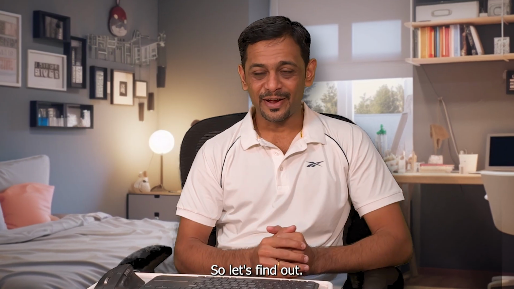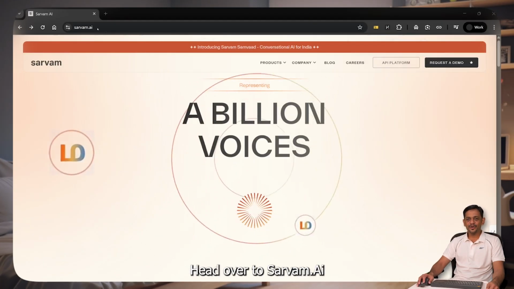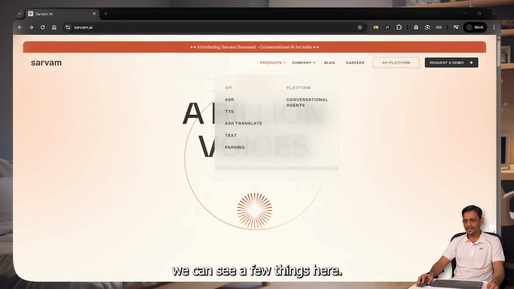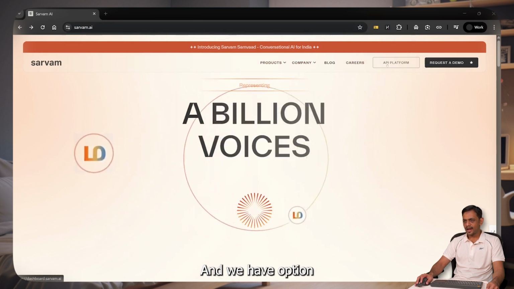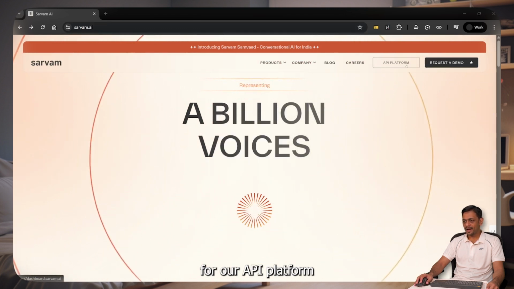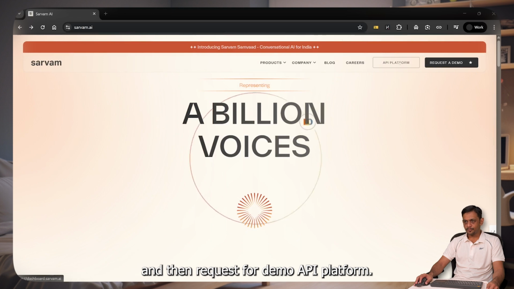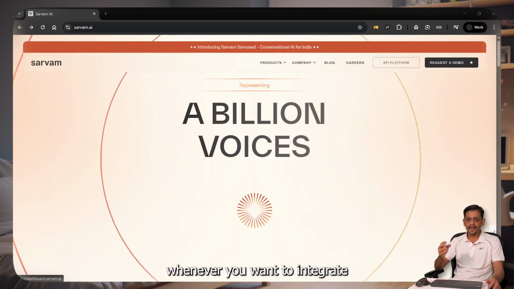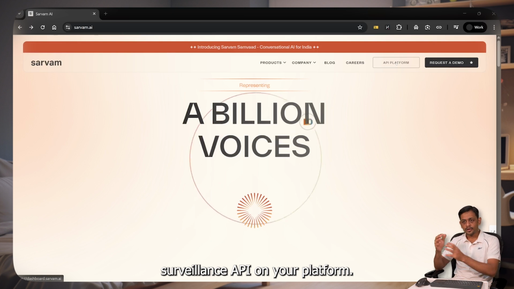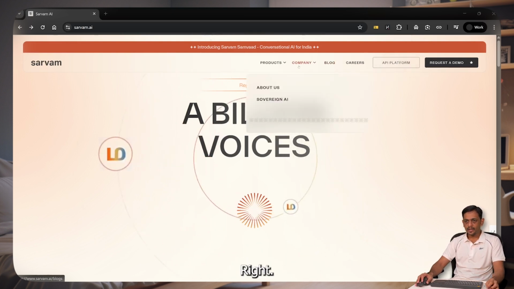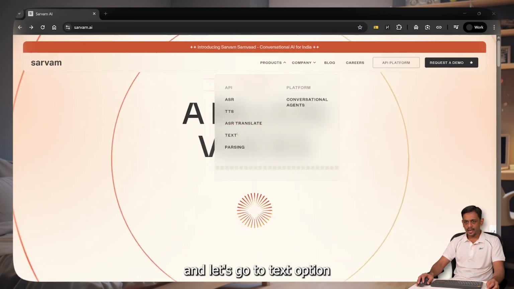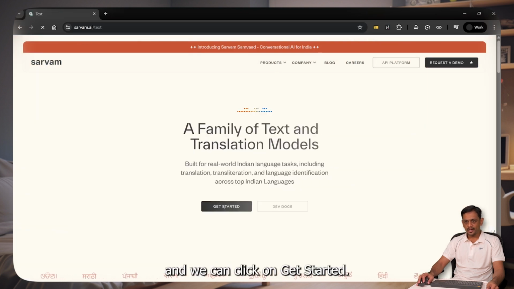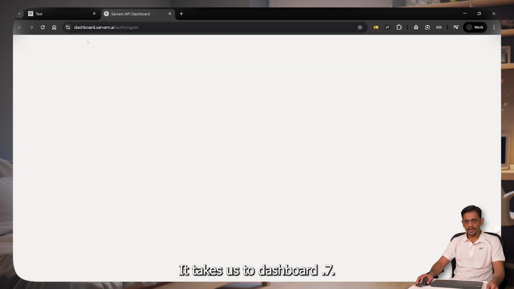So let's find out. To begin, head over to sarvam.ai, and on the landing page, we can see a few things here, and we have an option for API platform and then request for demo. API platform you can use whenever you want to integrate Sarvam's API on your platform, right? So we'll go to products and let's go to text option, and we can click on get started. It takes us to